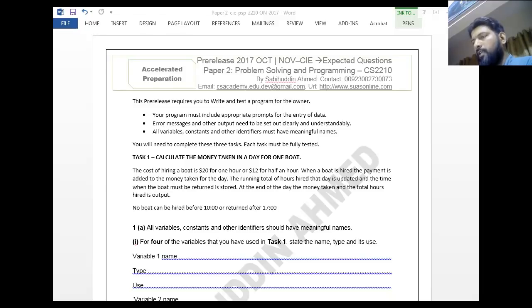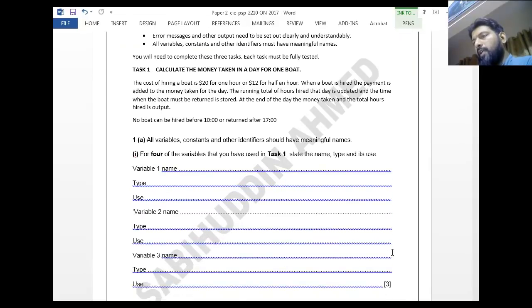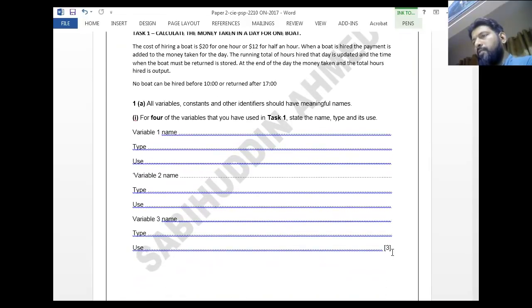So you can see that the question is related to task 1. Calculate the money taken in a day for one boat. So here's the question. All variables, constants and other identifiers should have meaningful names. Now for 4 of the variables that you have used in task 1, state the name, types and its use. Variable name 1, you can see that this could be the name of